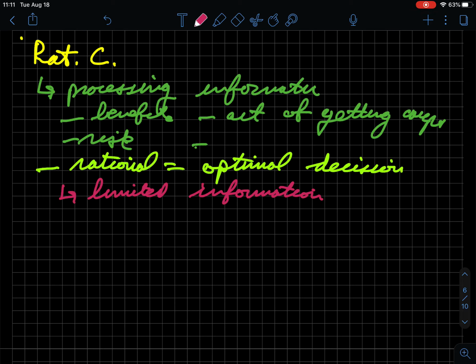Or if we're thinking about someone who burgles a home, we don't know what the risk is, what the valuables are, is it really worth the risk, and so on. So when we have limited information, we say that this is a bounded rationality,